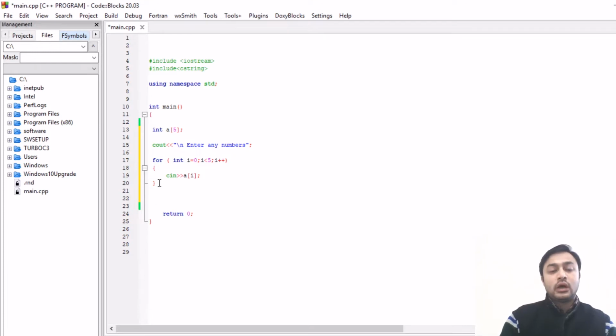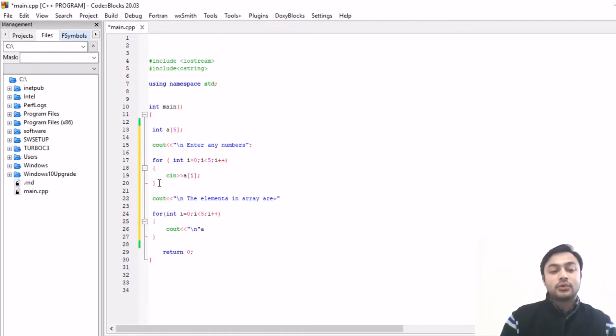After that I want to print what the elements in the array are. So here I will first print the message, the elements in array are, and again I will use a for loop, for int i = 0; i less than 5; i++. Then cout, with \n.